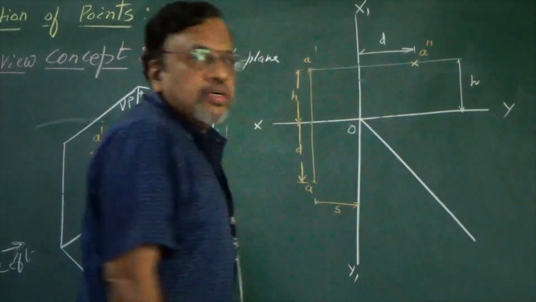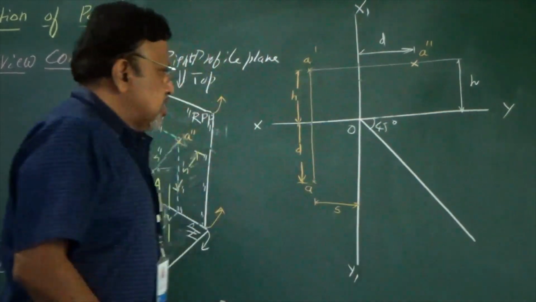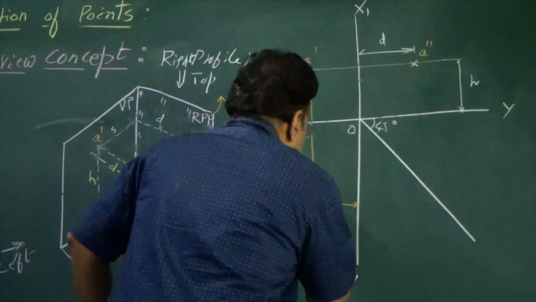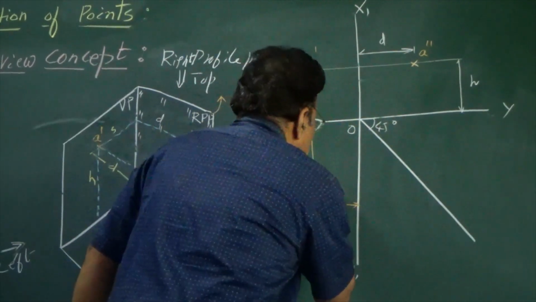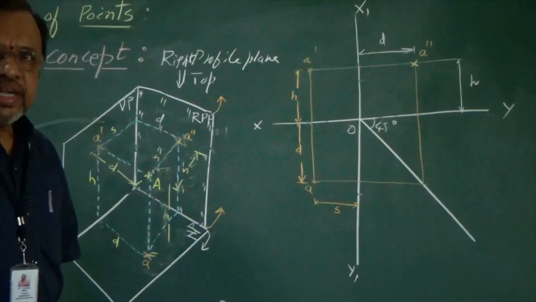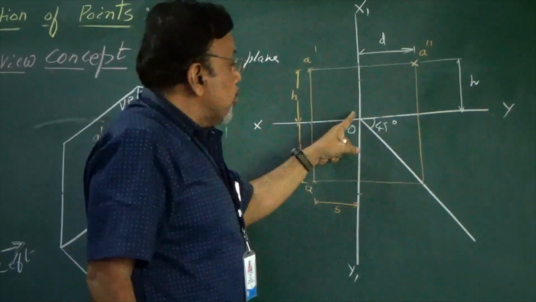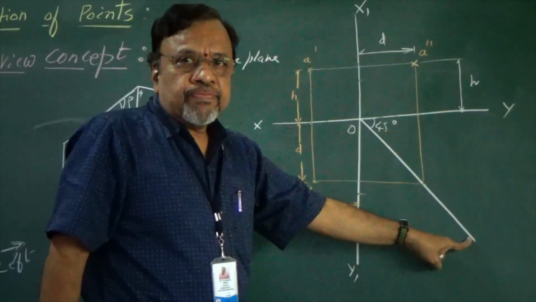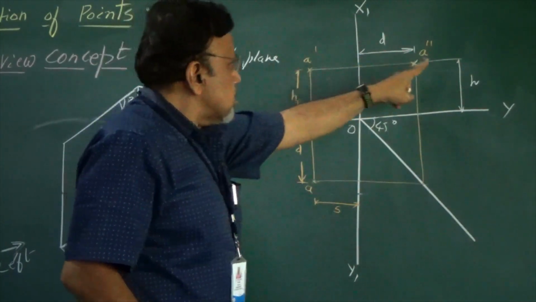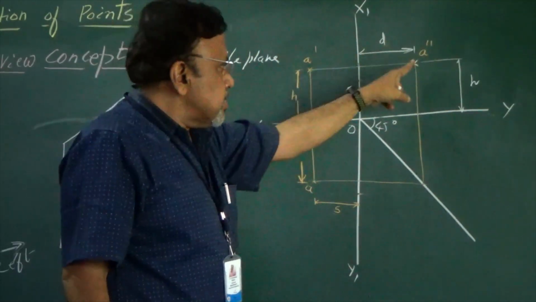I will draw this 45 degrees line. Now once I draw this 45 degrees line, then what you should do is draw a projector. Let us see this. That is, to transfer this d distance, we are going to draw this 45 degrees line. So now I am just going to tell you the procedure to get the side view point.